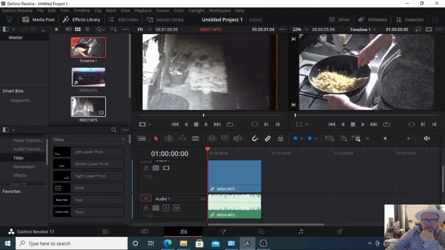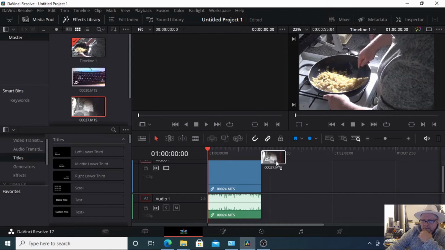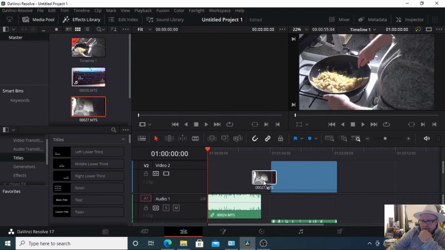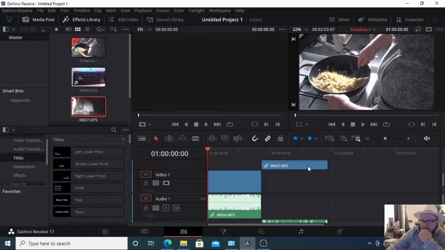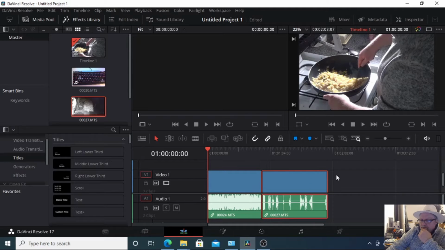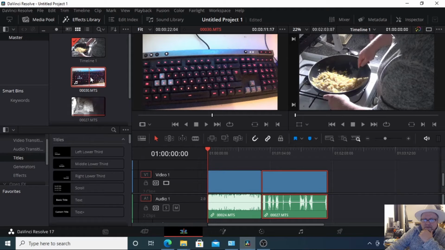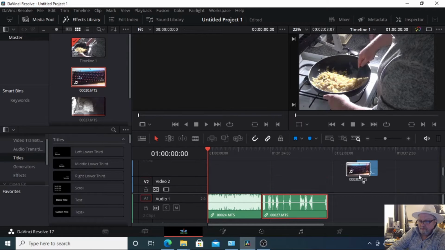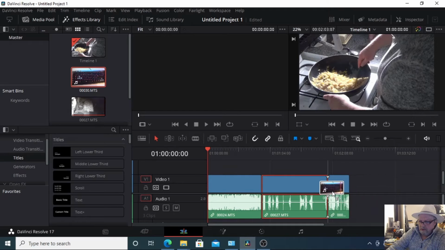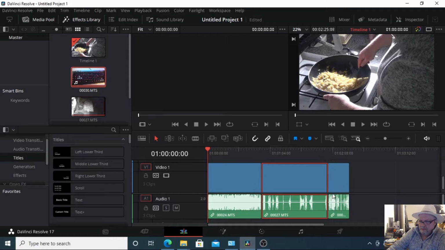Left click on the Fox video, left click and hold, just drag it in there. Now if I can get that down, that's it. Now the last one, left click, hold the left mouse button down, drag it in, and you will notice that they sort of snap together. Okay,